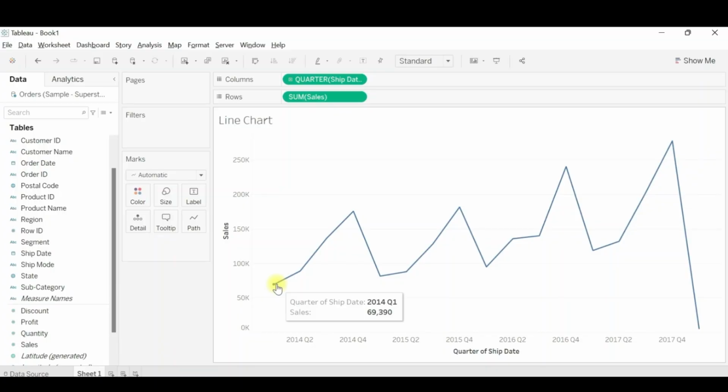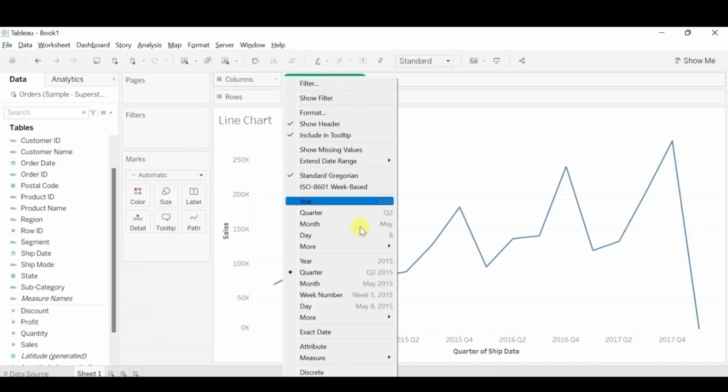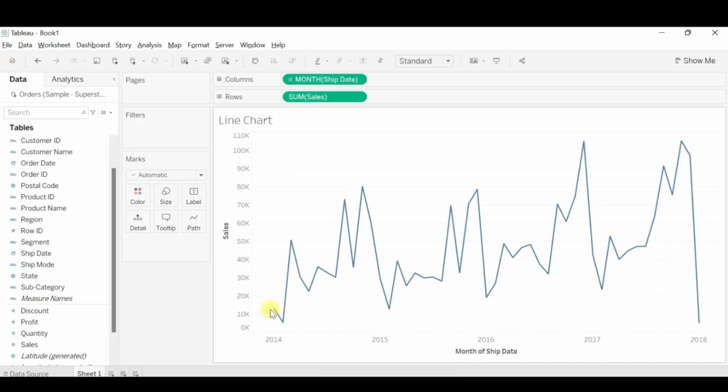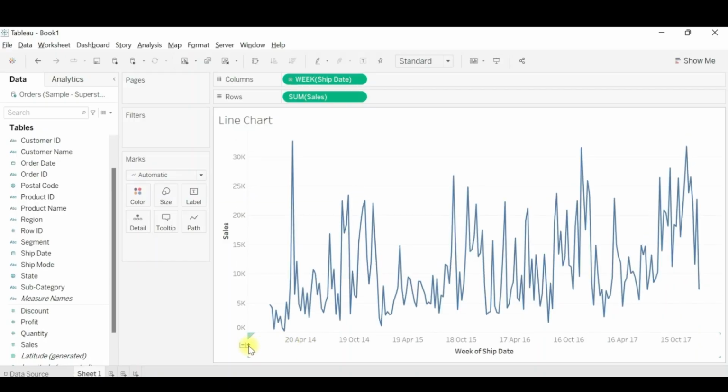So this is how the data is being manipulated. See, now rather than only seeing Q1, Q2, Q3, Q4, I can see all the quarters along with the years. The same can be done for month as well. If I need the month along with the year, I can click on this and you can see the month wise sales here. So see, I clicked on this plus. When you hover over here, you will see the dates as well.